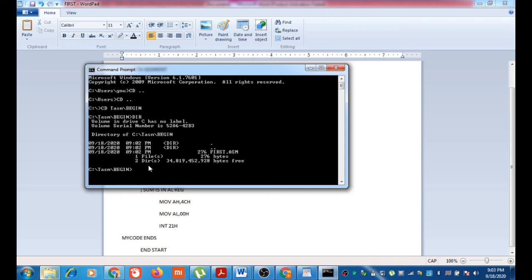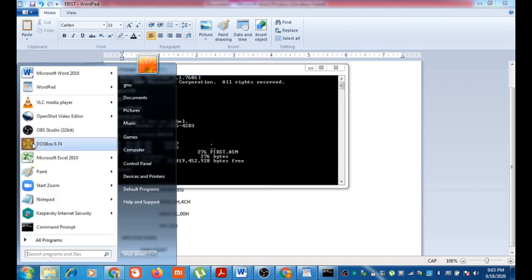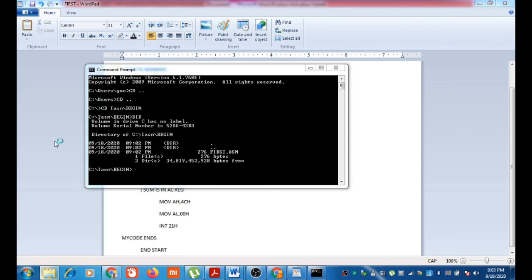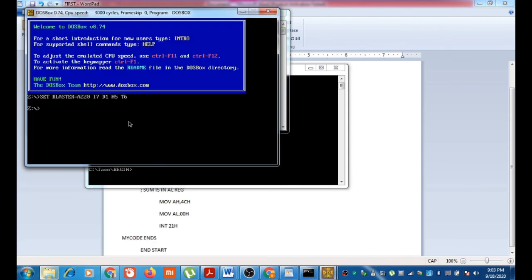Then I want to translate it. For that, I'll be using a DOS box because TASM is software which will not run in a 64-bit OS. So mount some drive letter.